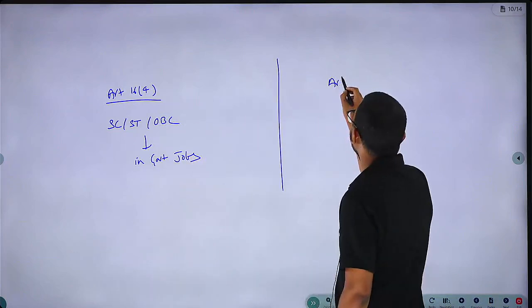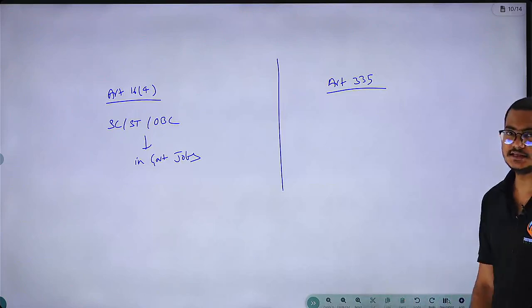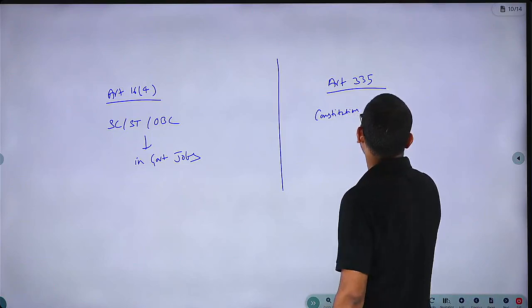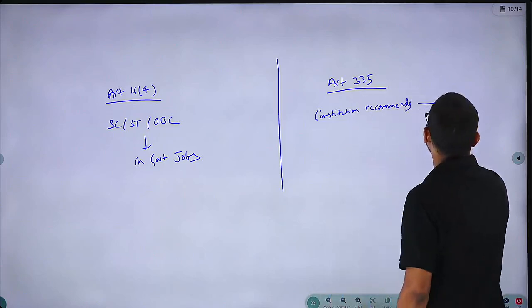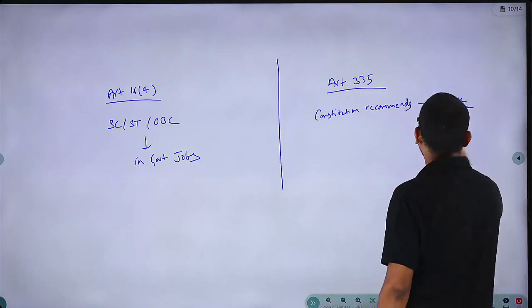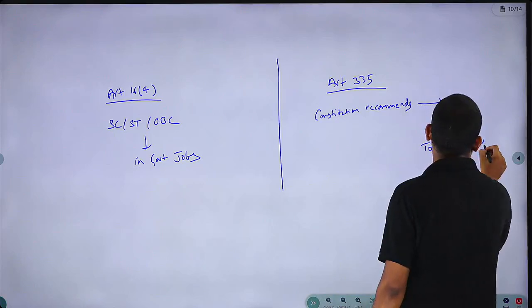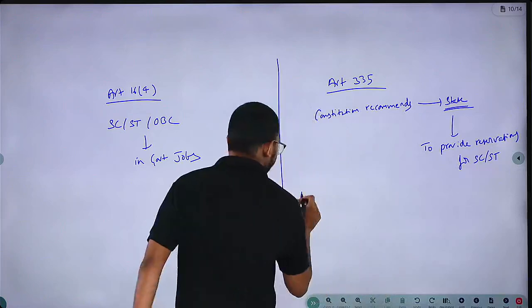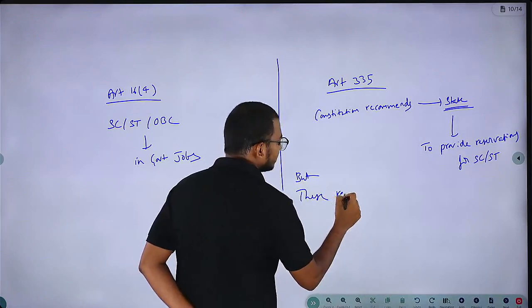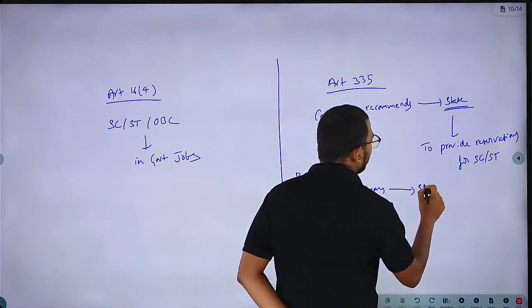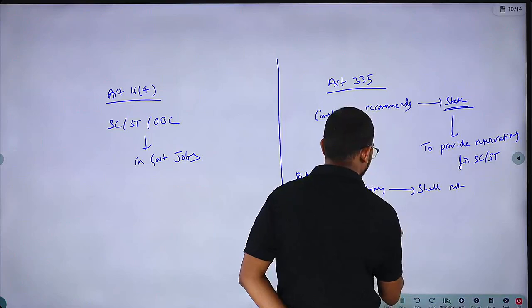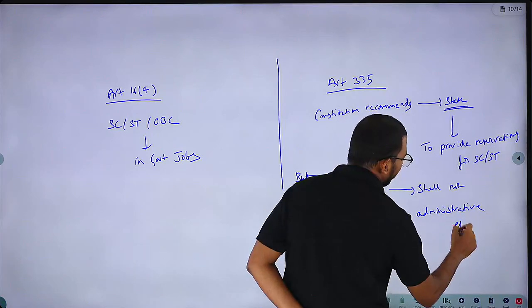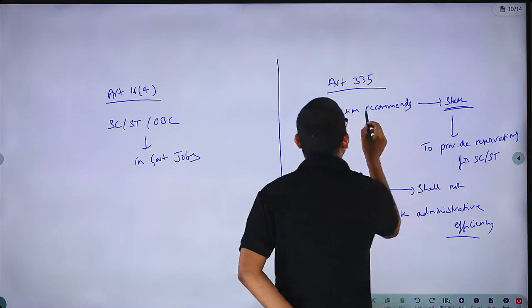And one more article he is talking about is Article 335. See, Article 335 states that the Constitution itself is recommending the state, which means both union and state government, to provide reservations for SC ST. Okay, but these reservations shall not compromise administrative efficiency. So yes, it is good that you are giving the reservations to the SC ST, but